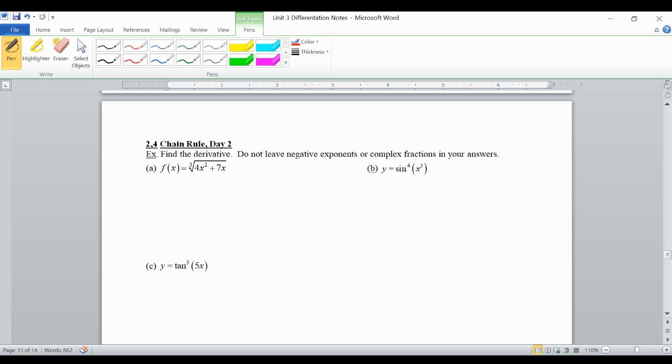Okay, so this first one says find the derivative, do not leave negative exponents or complex fractions in your answer. So we've got the same instructions we've had for a while. We're going to have to use a chain rule here. This is another example of one you're going to want to rewrite. So we're going to rewrite this as 4x squared plus 7x to the 1/3 power, which becomes a chain rule problem. So if we want f prime of x,